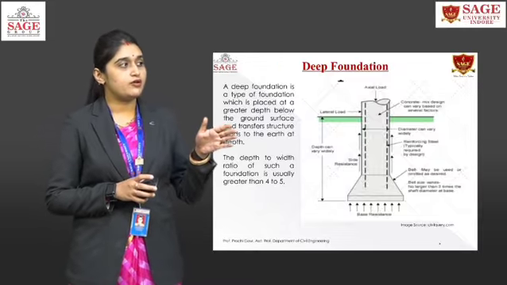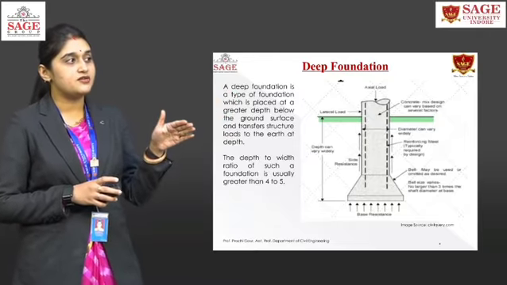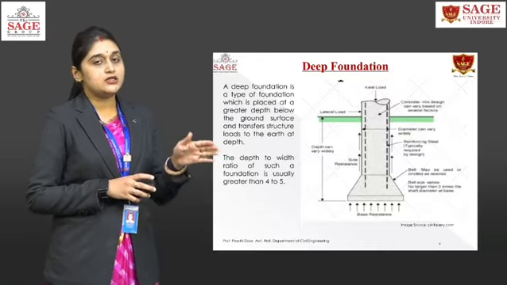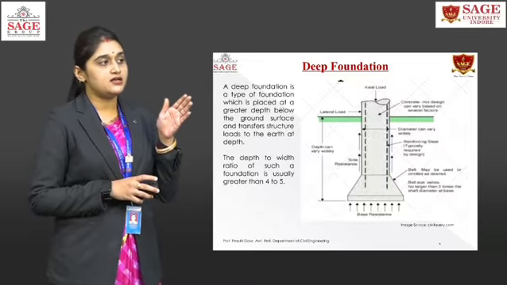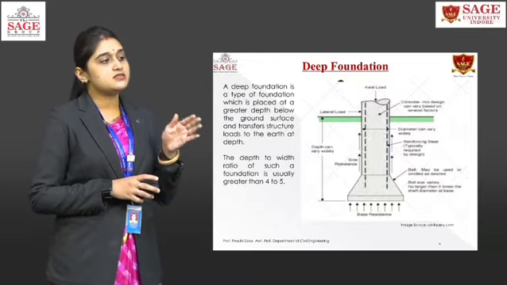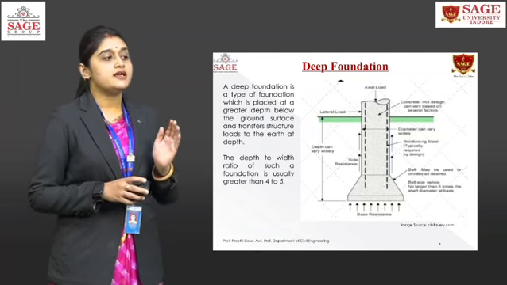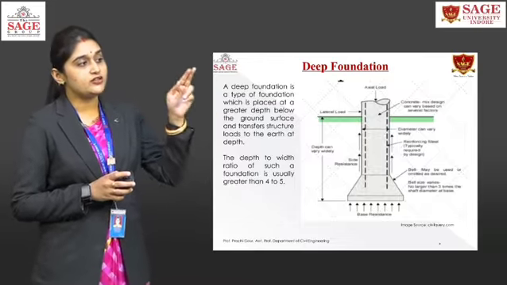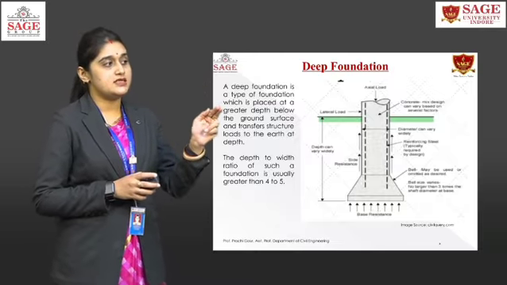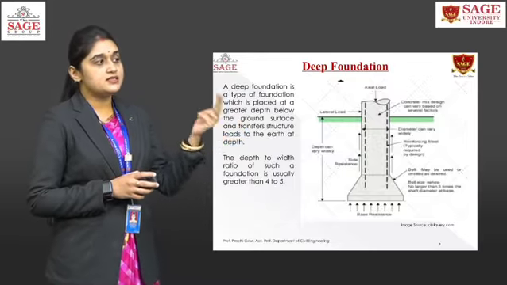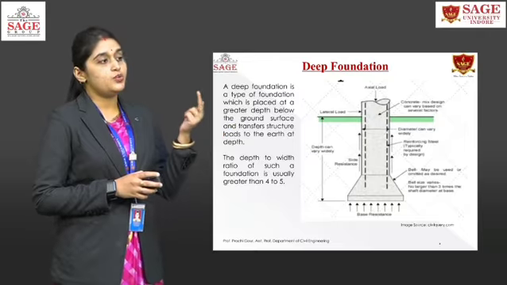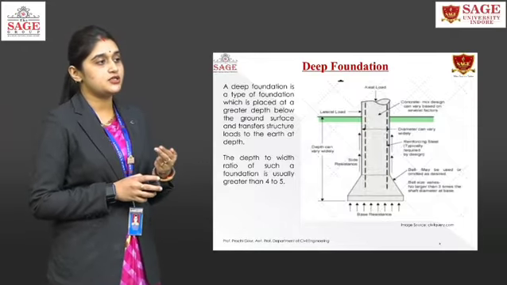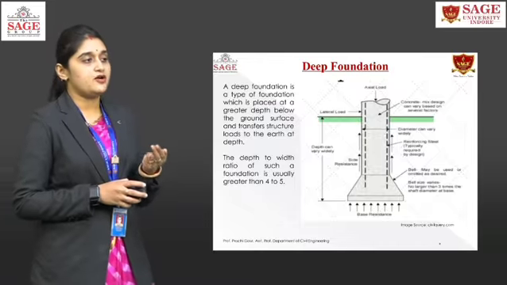You can see an image over here in which the lateral load is coming from the ground surface. There is the axial load which is coming from the structure, and the load is transferred to the base at quite a deep depth, which is the end point. You can see the arrows. There is an upward force acting over there, and there is a resultant force you can see on the slide, which is known as the skin resistance. We will see it in later sections as well. This is the friction in the opposite direction, which is created by the soil on the foundation when we insert the foundation into the soil, or when we construct the foundation in the soil.